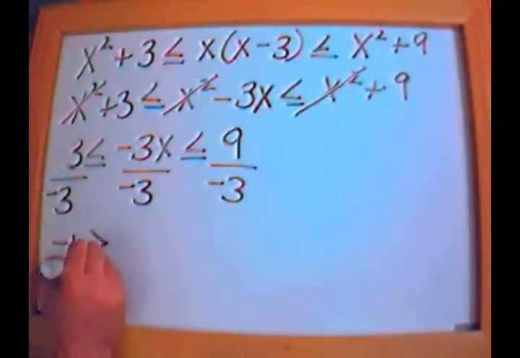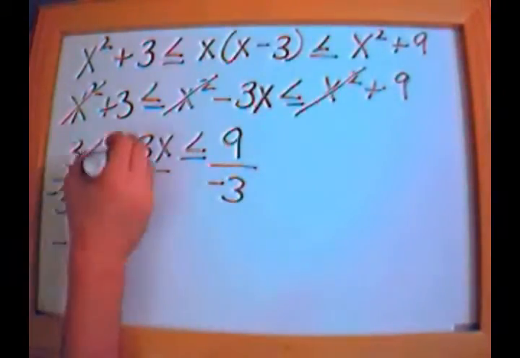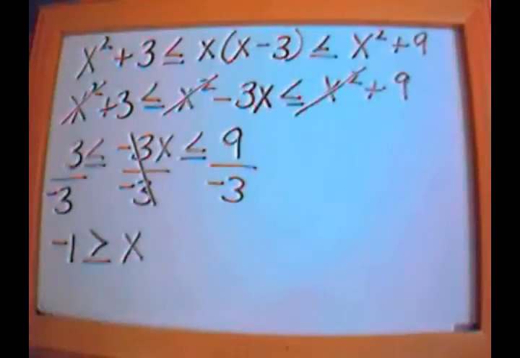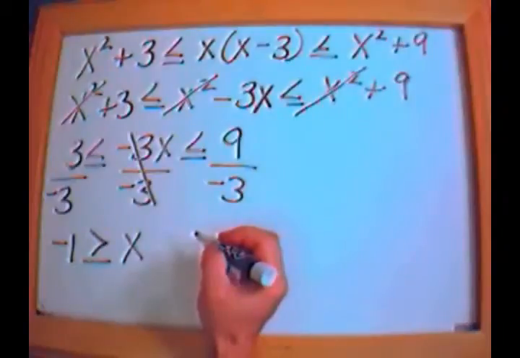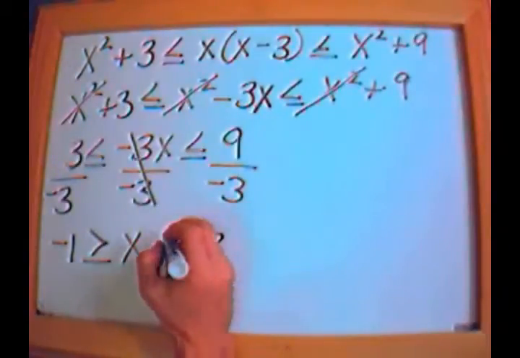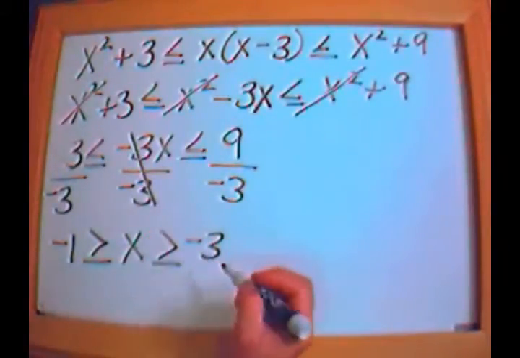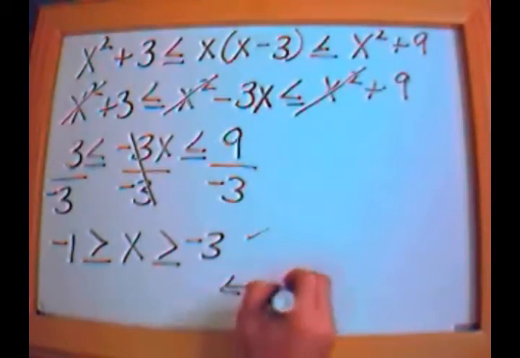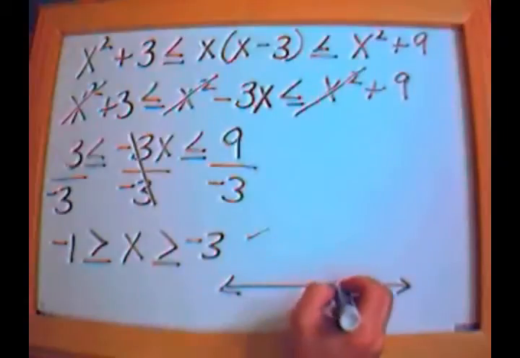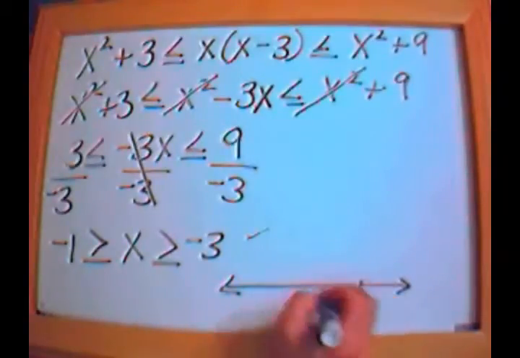And I'm going to switch the sign around because I've divided by a negative. These two cancel out, so I only have an x in the middle. That's why I did this in the first place. 9 divided by negative 3 gives me negative 3, and I must switch the sign around because I have divided by a negative number. So this is the answer, and if I were to graph this,